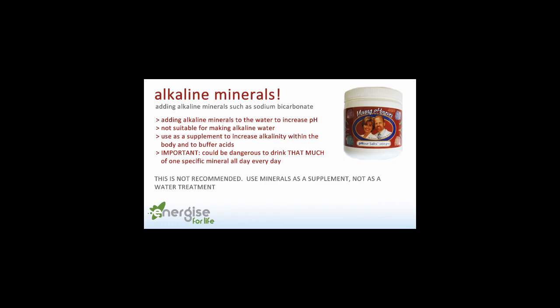But really, they are supplements. They're meant to be used as a supplement. They're not meant to be used to treat water. My concern here is the amount of the minerals actually needed to add to the water to make it a pH 9 or a pH 9.5. Look, you're talking a lot. So if you used an actual supplement, it's just not worth it. If you just used a store-bought sodium bicarbonate, the amount you'd need to use on